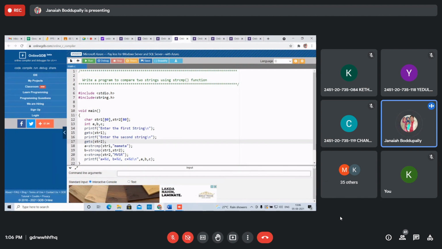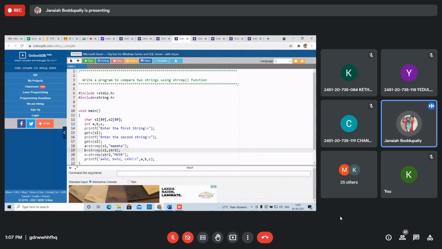Take string 1 and string 2 with values A, B, C. String 1 is compared with Mamata.